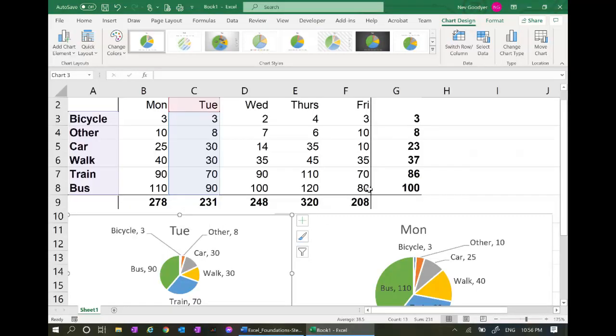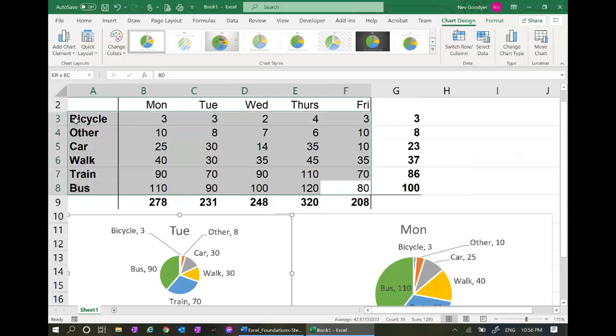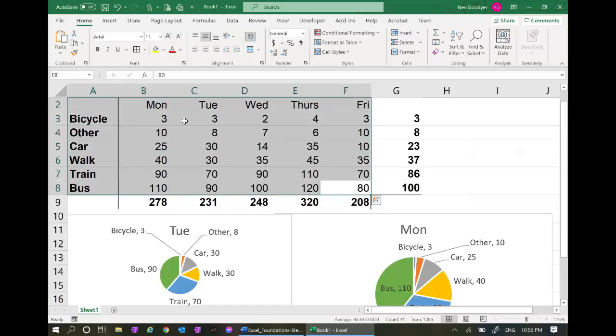Let's highlight all of this data here, including the labels. I'm going to insert bus and train. Bus and train. Let's just highlight those two. And insert